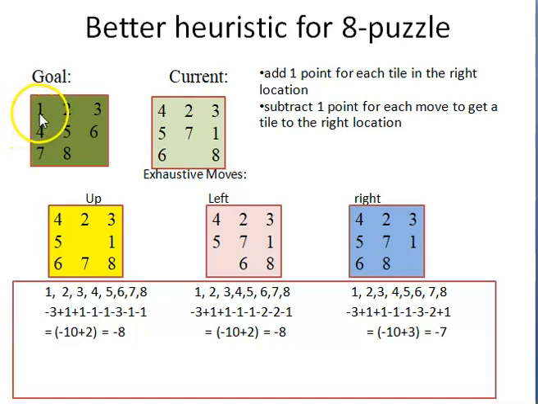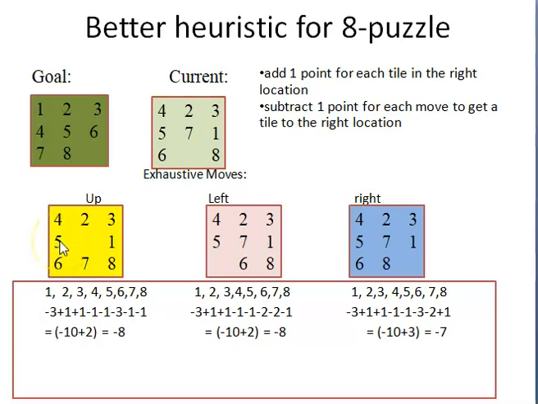Now let us do it for 1. 1 should be in the top corner, but it is here. How many tiles away? 1, 2, 3 tiles away. So we have placed a value of -3. 2 is in the proper position, so +1. 3 is in the proper position, so +1. From where are we getting the positions? From this goal state. Now 5 should be present at this place as we can see here, but it is